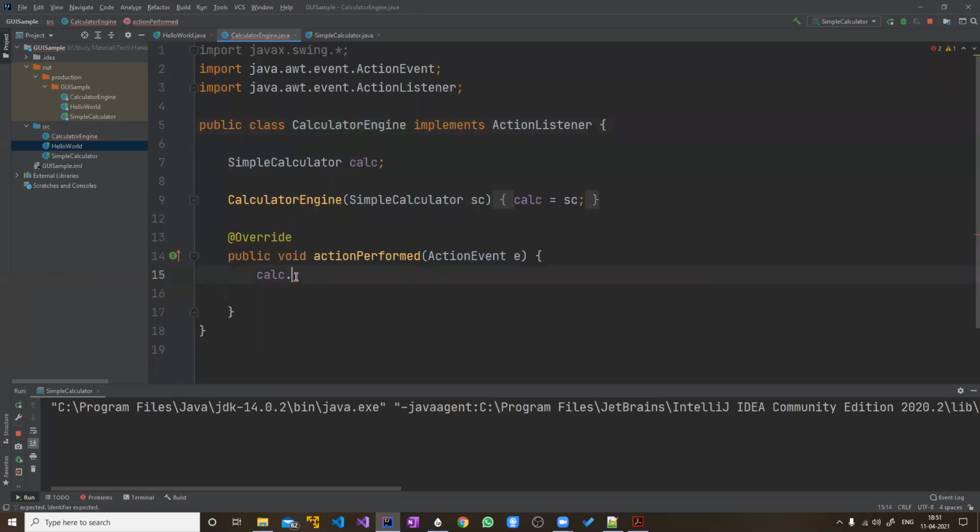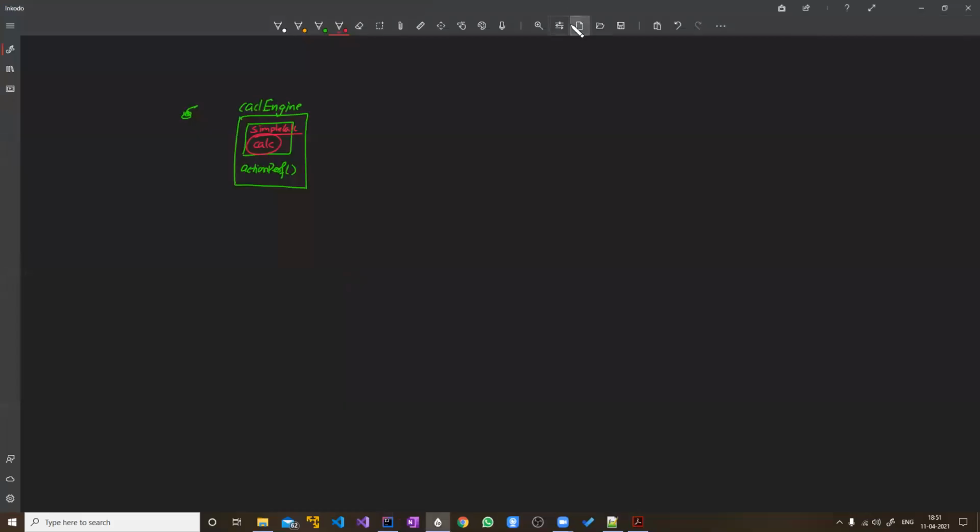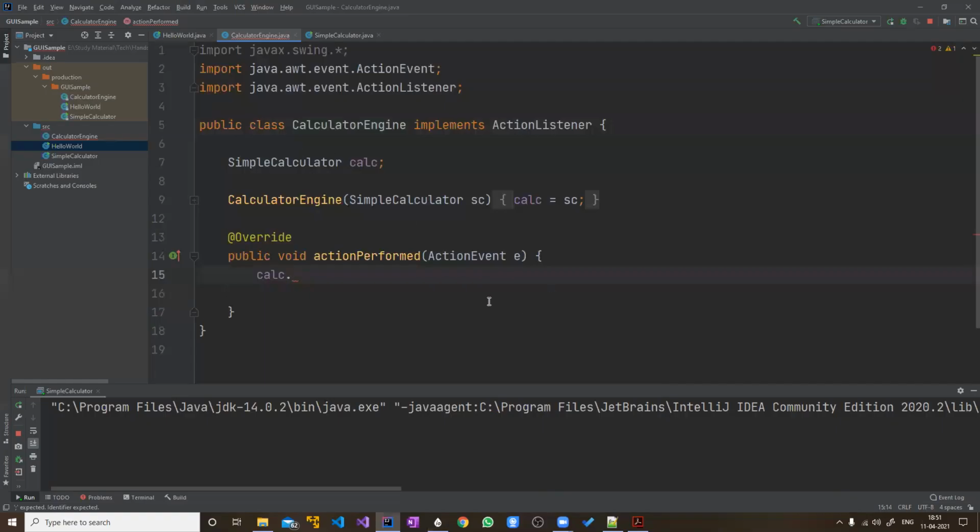So calc, say, what do you have to do? As you have seen here, in the last diagram I have shown you, right, that this has different fields.